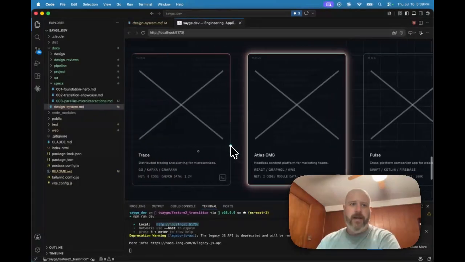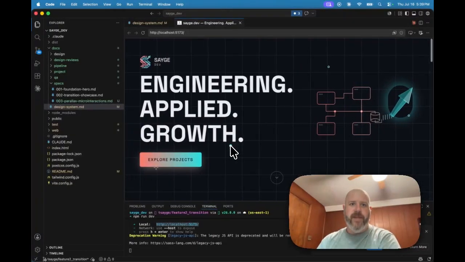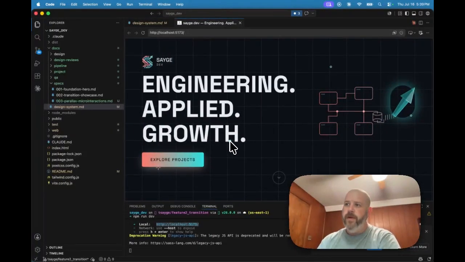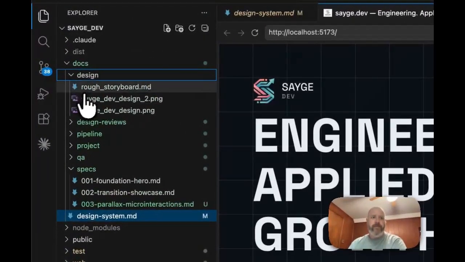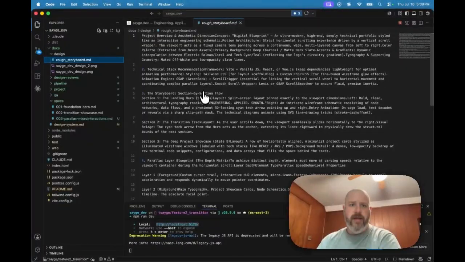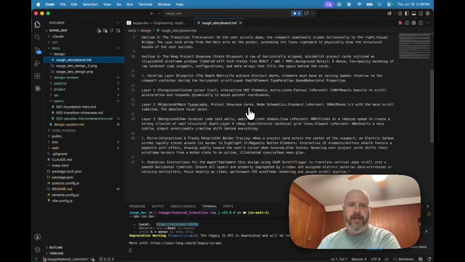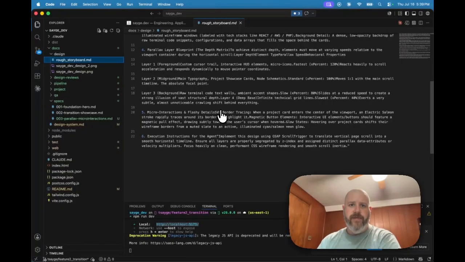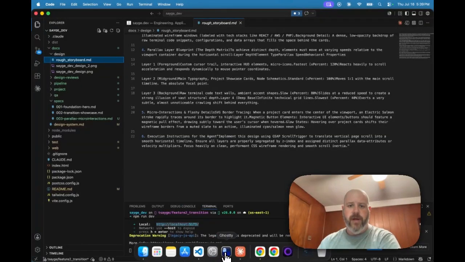Hey, we're back again. It's the final reveal. So we went through our entire pre-plan. That's the storyboard, including the tech stack, section by section flow, parallax, and little flashy details, including border tracing and all of that. So now